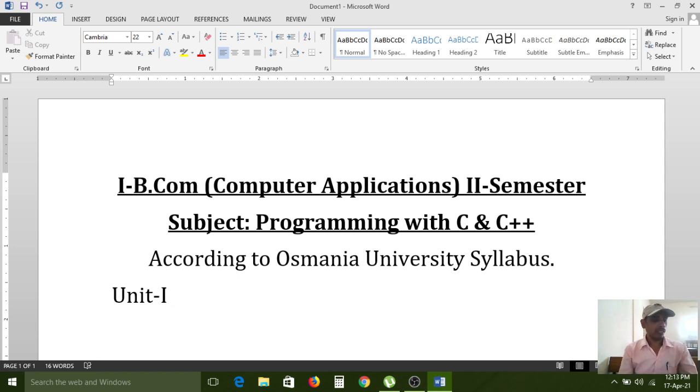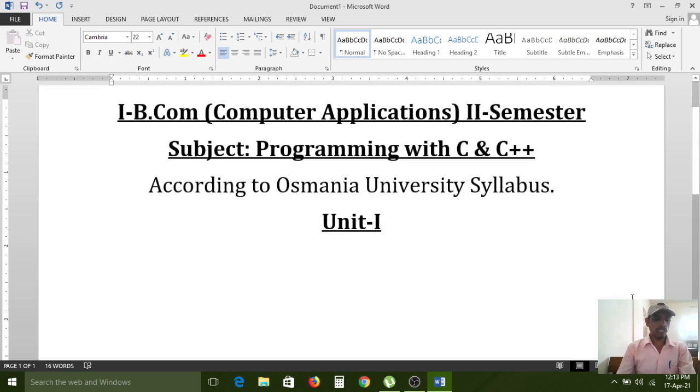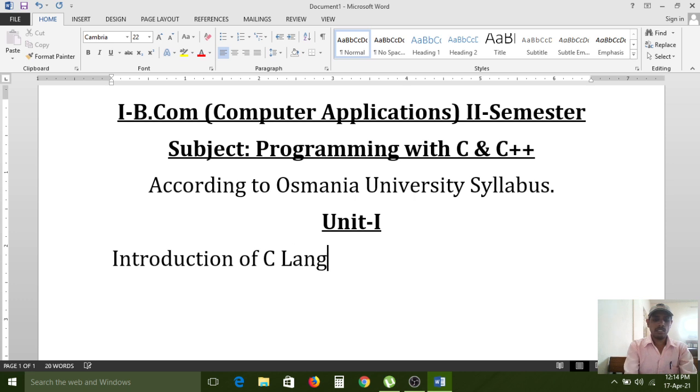Actually, we have completely 5 units. So, in unit 1, introduction of C language.